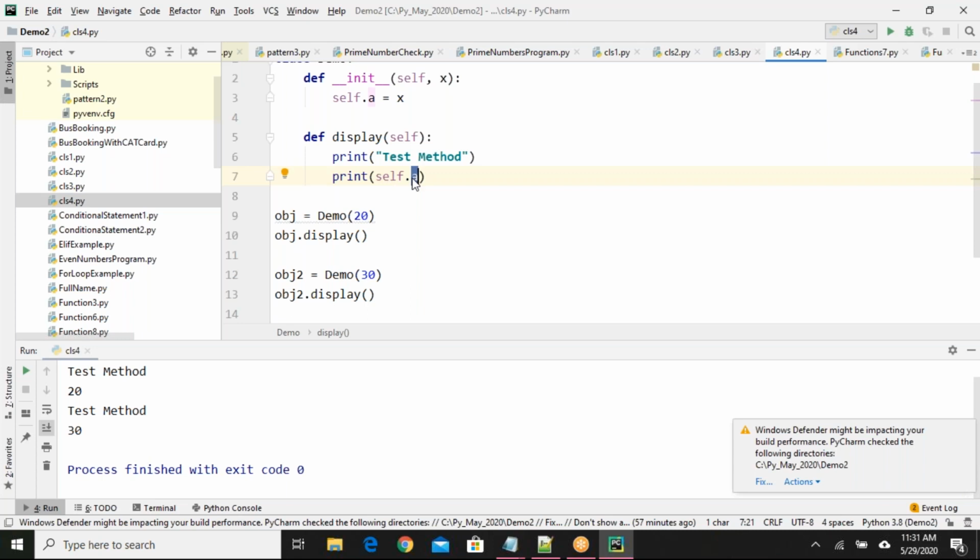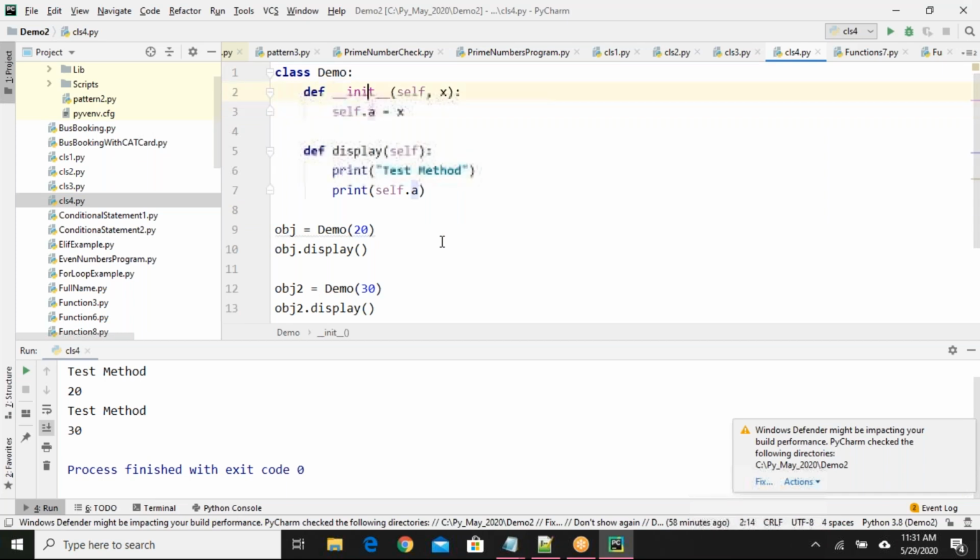If you want to refer to any instance based variable, you have to use self dot that variable name. If you don't want to, you don't have to use it. People are having some questions. Maybe this kind of syntax is new to you, so don't worry. We will cover all the different types of cases, and by seeing the examples you can understand.